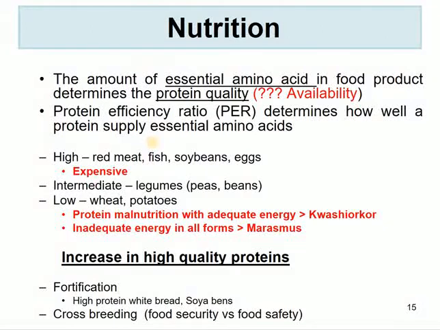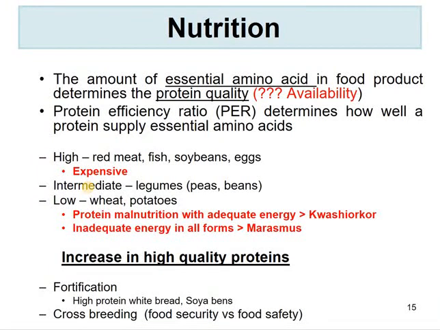So it means that if you have a food product that contains lots and lots of essential amino acids, but that food product has been over processed in such a way that those amino acids are in the damaged form, the proteins in that food product will not be able to be absorbed by the body. And then when we talk about the type of food products in terms of nutrition, we have what